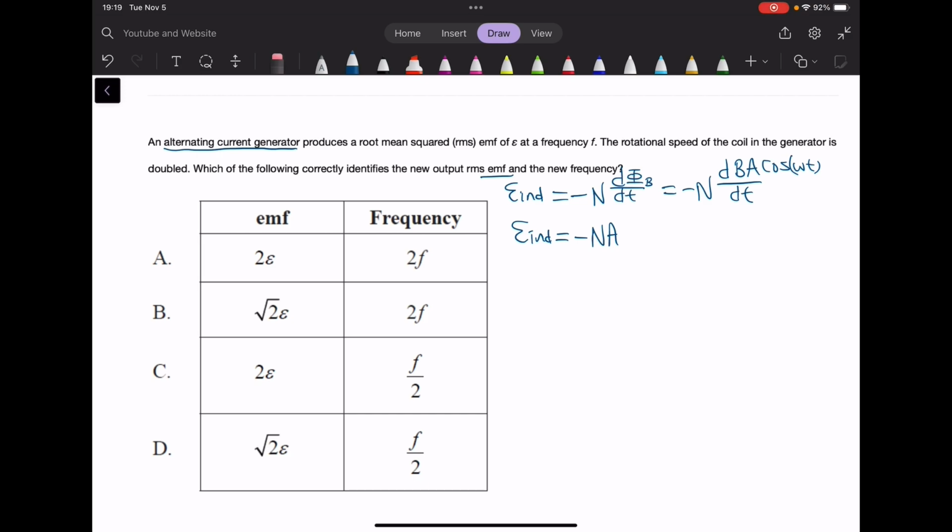The derivative of cosine is sine, so sine omega t, and then multiply by omega. And then the negative sign cancels out because the derivative of cosine is negative sine. So negative becomes positive. This gives us NBA omega sine omega t. So when frequency is doubled,